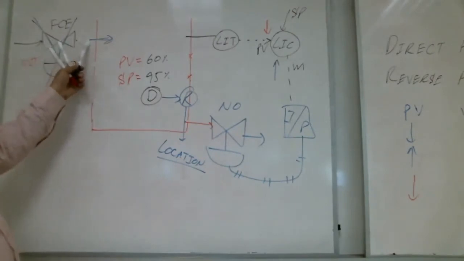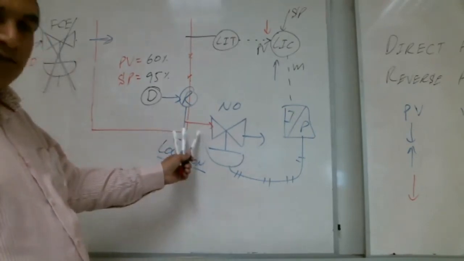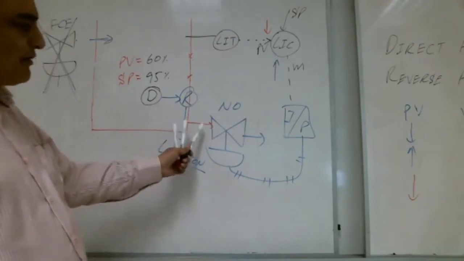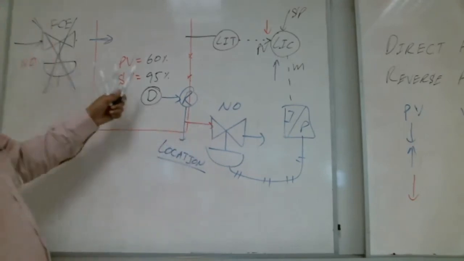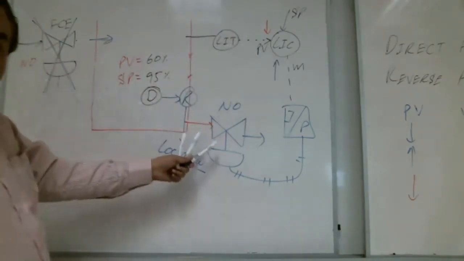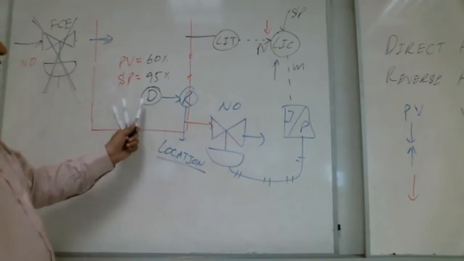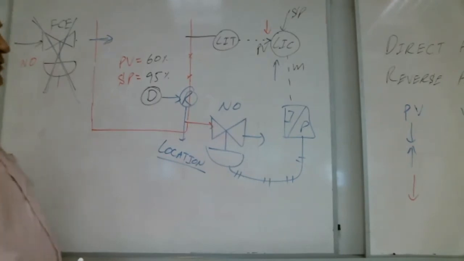At the inlet, right? Now we put it at the outlet. So at the inlet, the controller action was direct. If we put the same valve at the outlet, the action of the controller becomes reverse. Are you with me, Shabab? Yes, teacher. Any question up to here, Shabab?